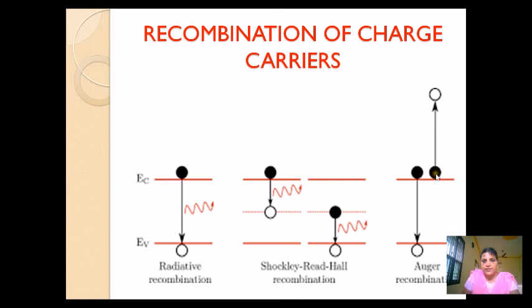From this state, this electron is excited to higher energy levels, and from here it liberates a heat wave and comes down to the conduction band. Again this process continues, and this is called Auger recombination. Again and again this cycle is repeated with the liberation of a photon of energy equal to h nu. And this electron is otherwise called the Auger electron.